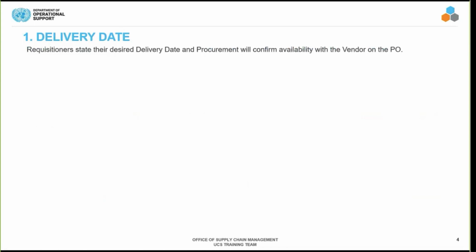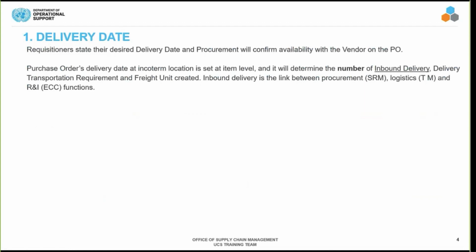As you know, it's the requisitioners who state their desired delivery dates of the materials to be available in the mission, and then it's procurement who will confirm the availability of those materials in the mission on the required delivery date, and they will confirm it with the vendor through the purchase order. The purchase order delivery date is set at item level, and therefore, depending on the different delivery dates that a PO will have, it will determine the number of inbound delivery documents generated in the system,